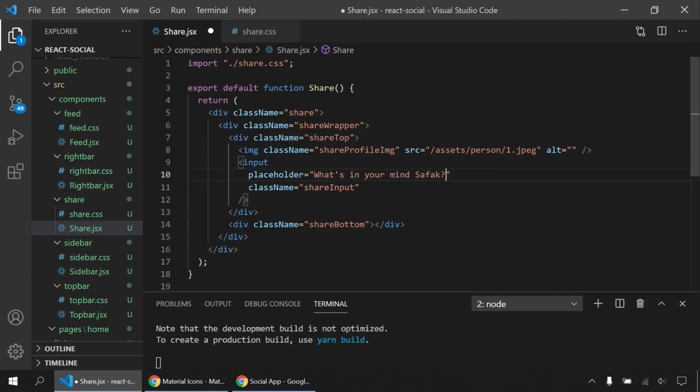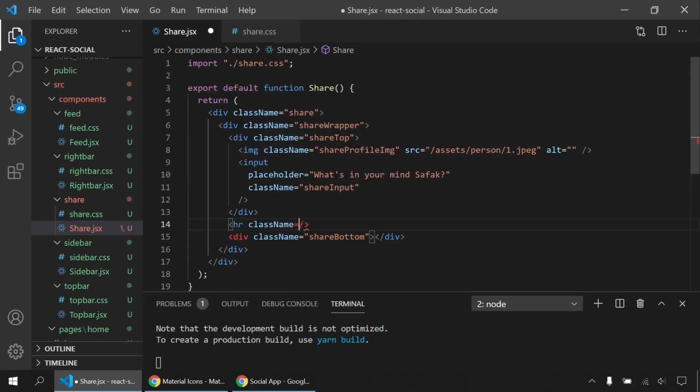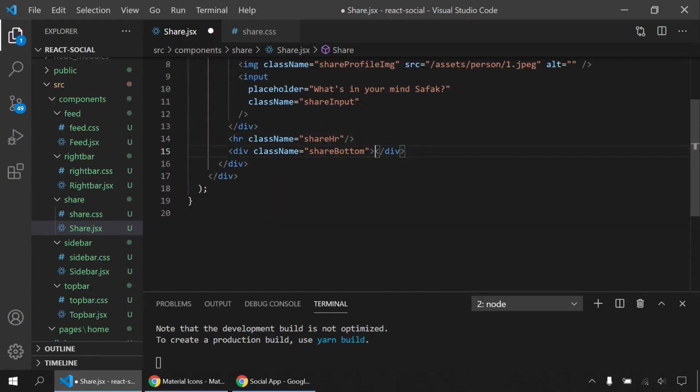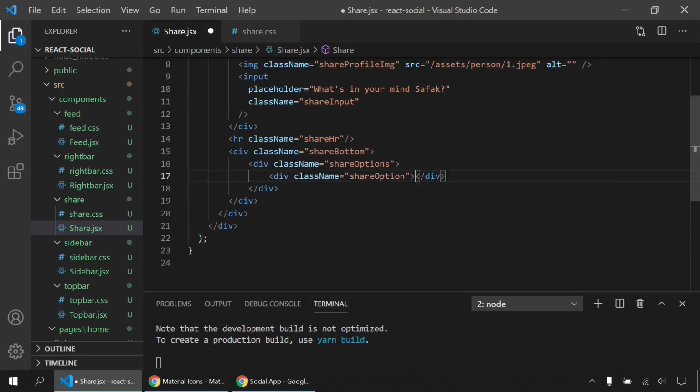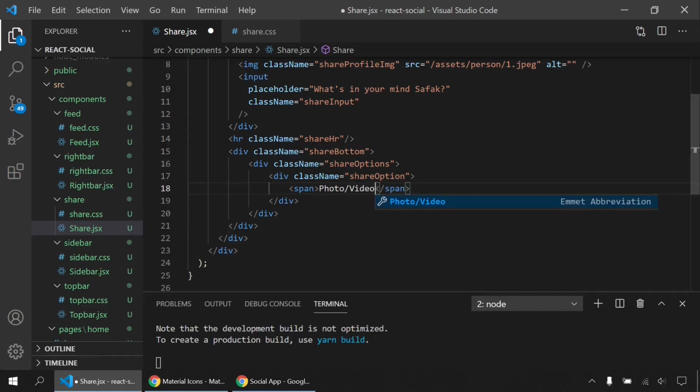And between this top and bottom I will give HR here and class name share HR. And after that I can create here option container, share options, and inside I will create share option, and first one will be span and photo or video. Let's write or video. Okay. Of course, class name here, share option text. And before that I will add material icon,